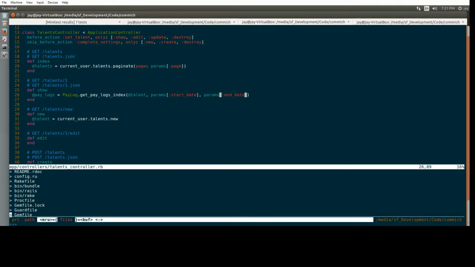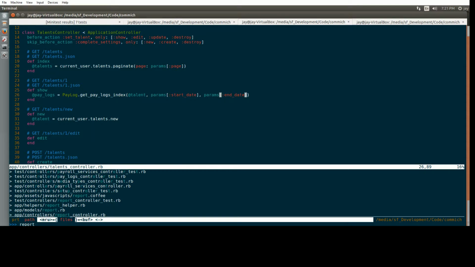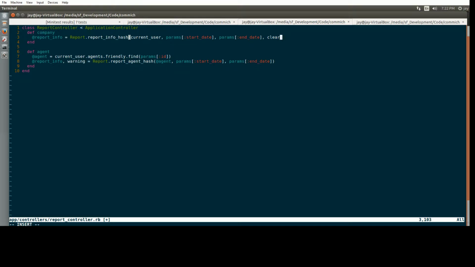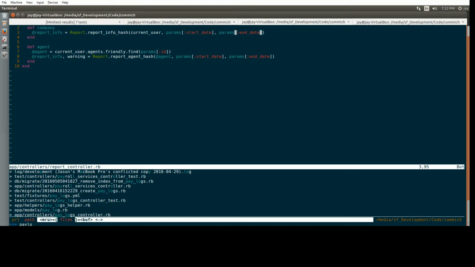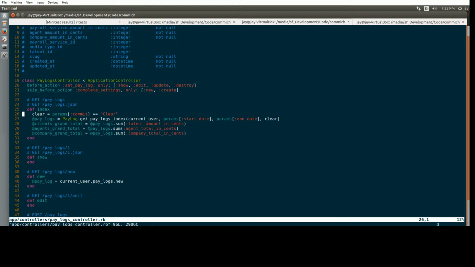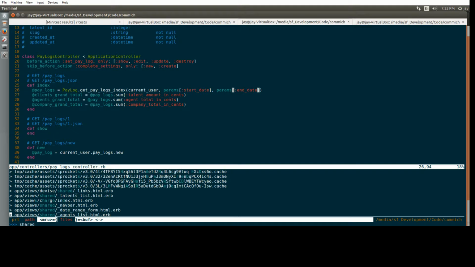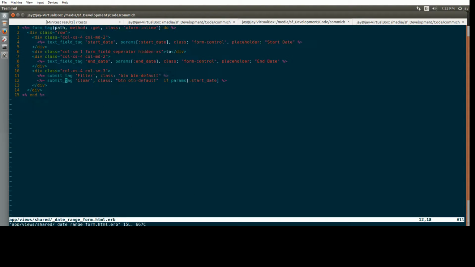And the report controller. All right, and this can be gone, and this can be gone. Save that, and the paylogs controller. This can be gone, and this can be gone. So now all I have to do is just change that form, which is under shared underscore date range form, and this will now become